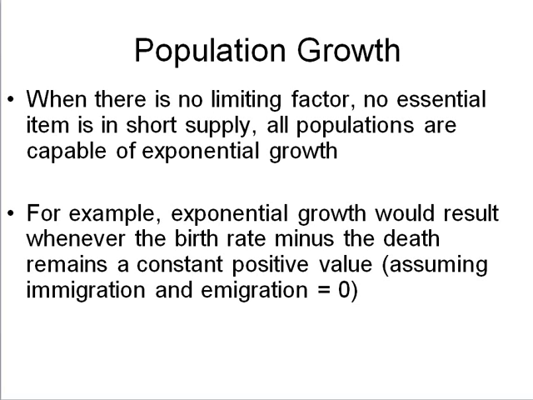Let's now look at some characteristics of populations, communities, and ecosystems. Ecologists are often interested in the health of populations, communities, and ecosystems. One measure of how a system is doing is to look at how population size is changing over time. All populations are capable of exponential growth. Ignoring other influences, if the birth rate remains larger than the death rate for a long enough period of time, the population will eventually start increasing rapidly, experiencing exponential growth.